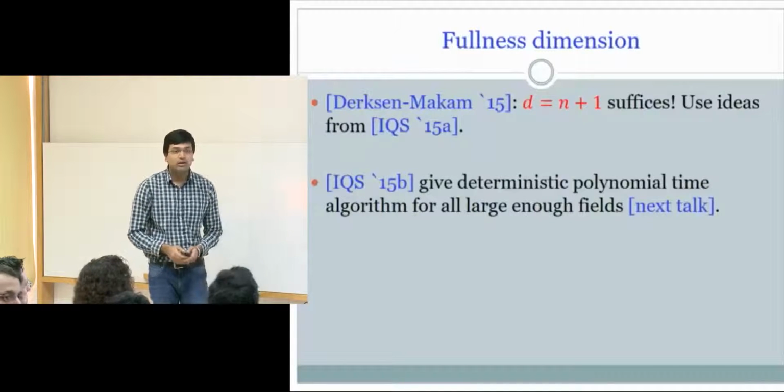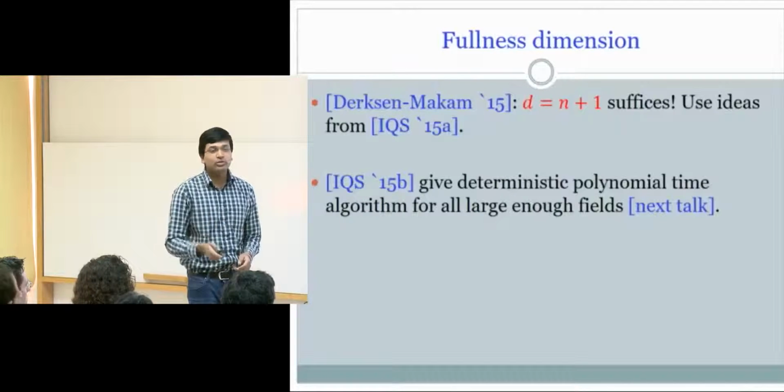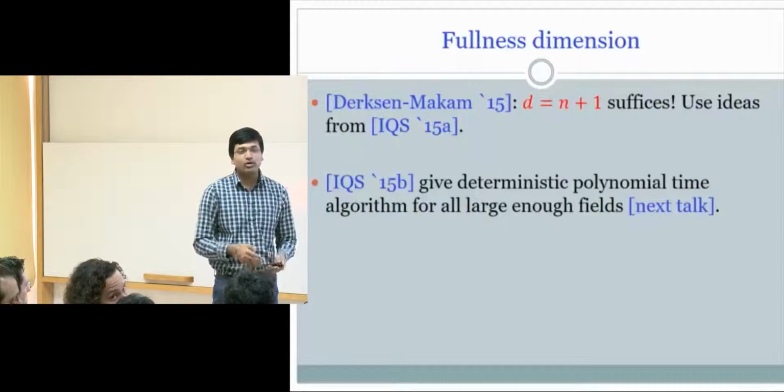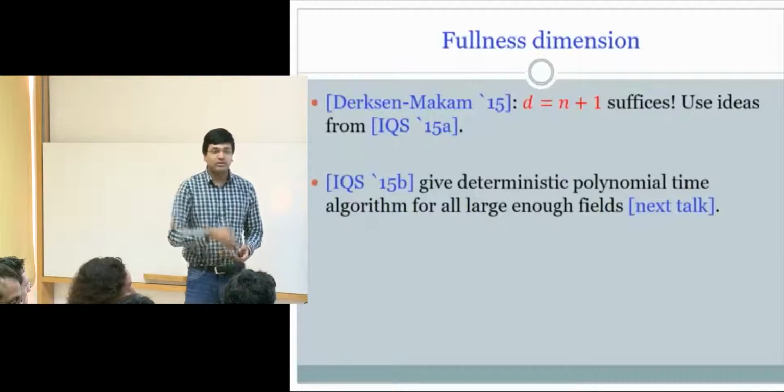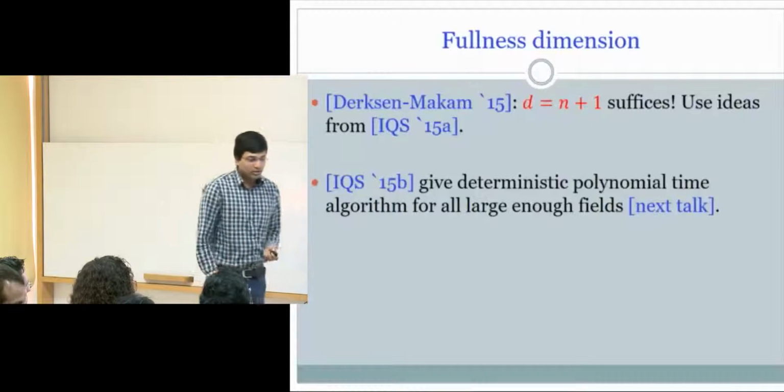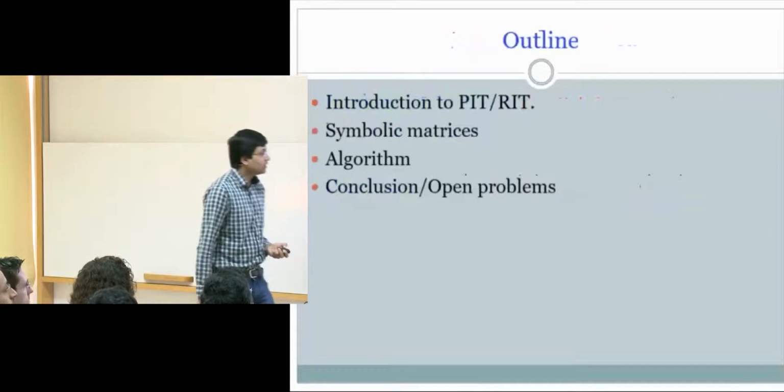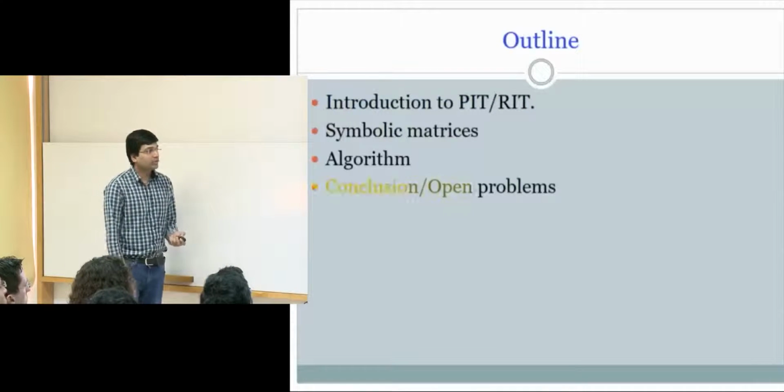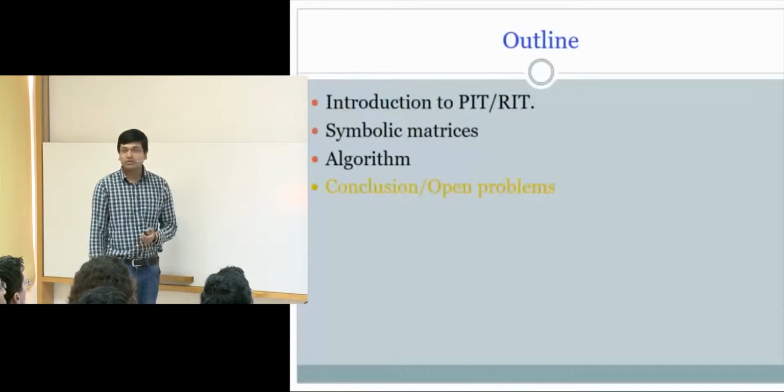So they also do this left-right thing? No. Their algorithm is completely different. It's the analog of augmenting paths for perfect matching. Okay. So this is all I'll say about our algorithm, and I'll end with some conclusions and open problems. So any questions up to now?